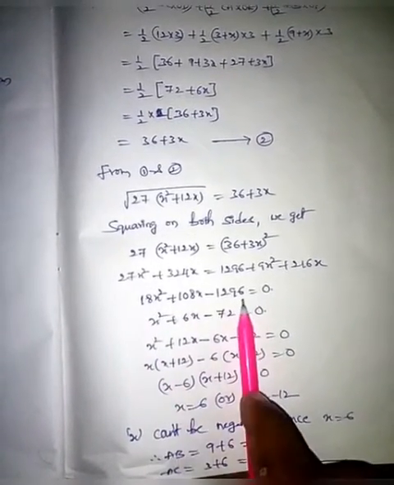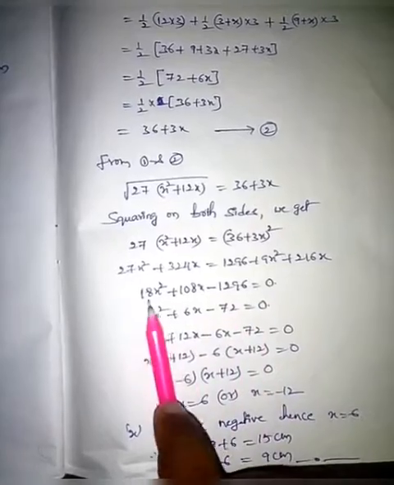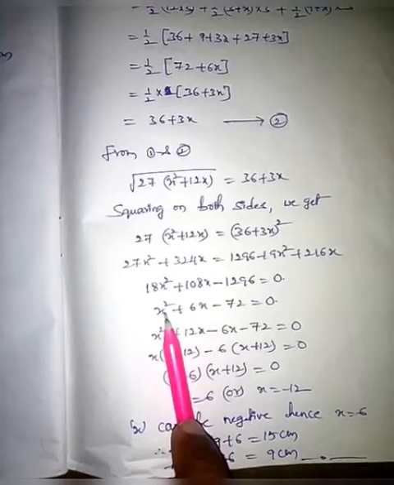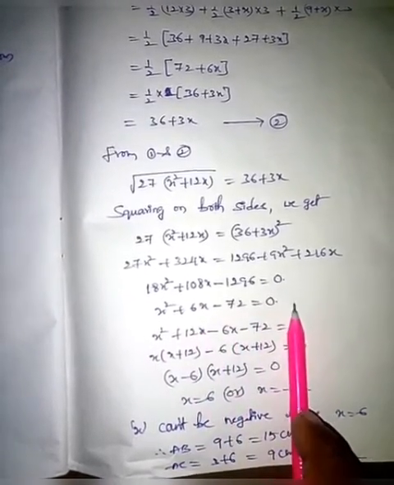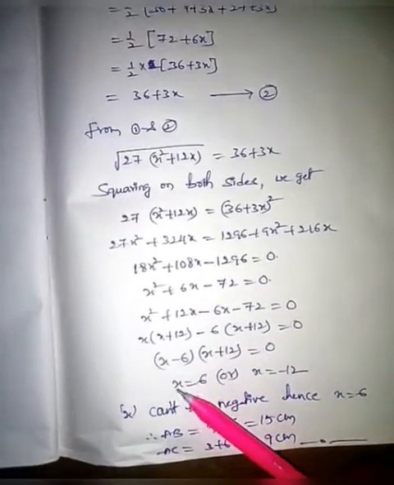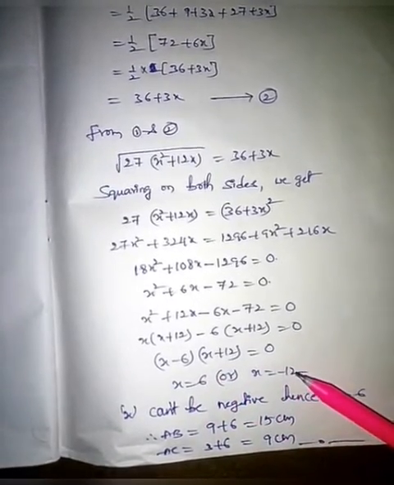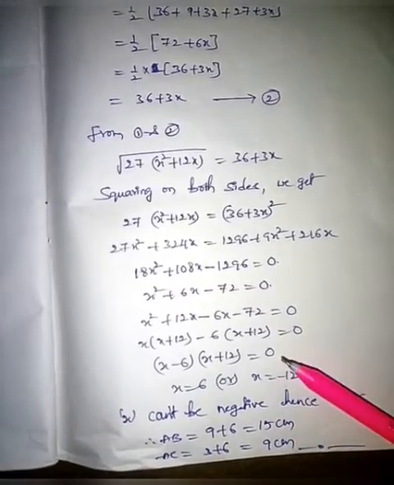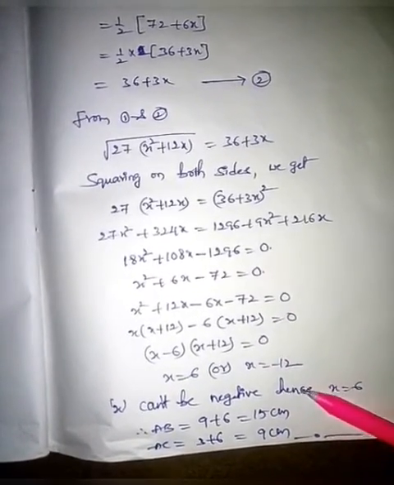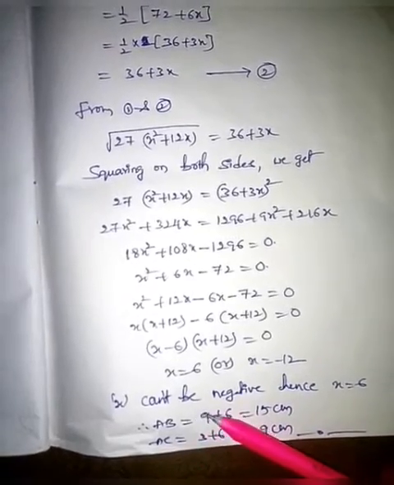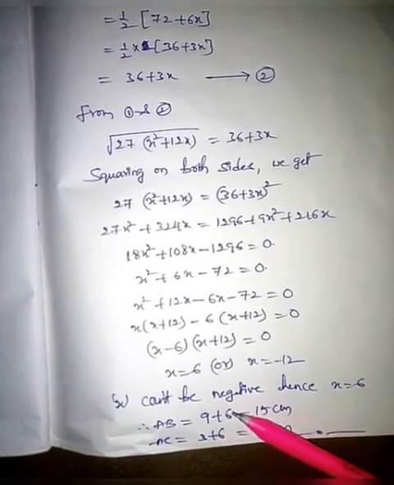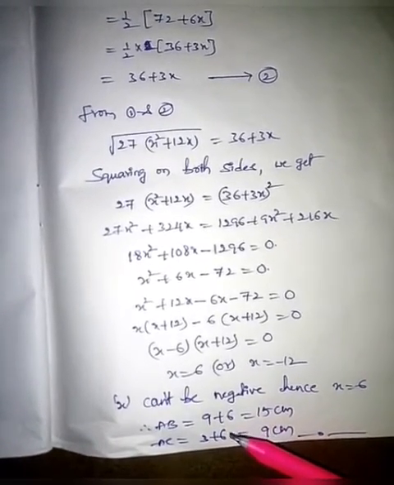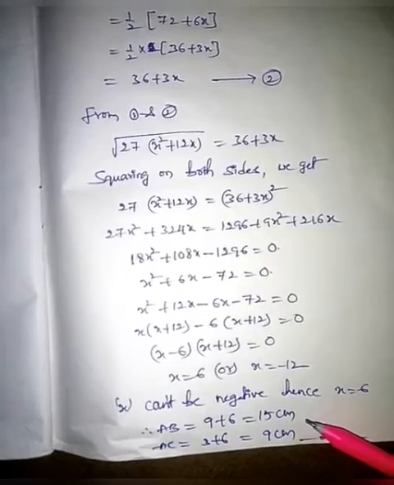So these all are 18 multiples, that's why cancel 18 table in these three terms. So it will give x square plus 6x minus 72 equal to 0. Now factorize this, you will get x equal to 6 or x equal to minus 12. But the x value can't be negative, because sides of a triangle can't be negative values, hence x equal to 6. Therefore AB equal to 9 plus x means 9 plus 6 equal to 15 cm, and AC is 3 plus x, but x means 6, that's why 3 plus 6 equal to 9 cm. Okay.